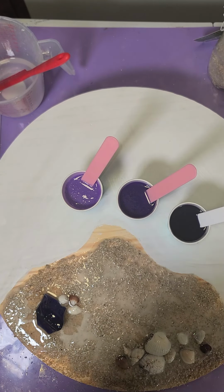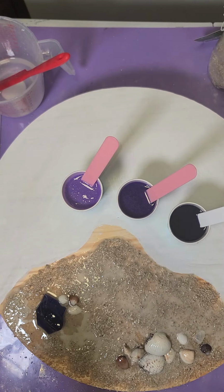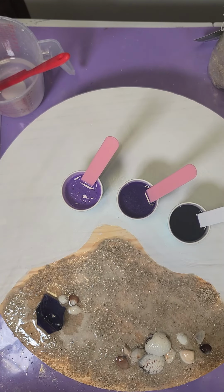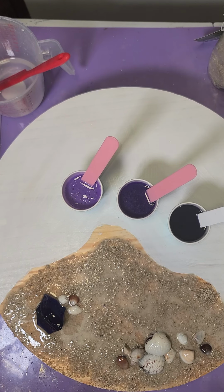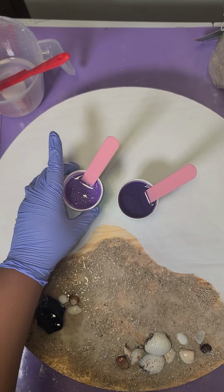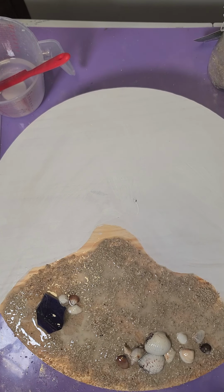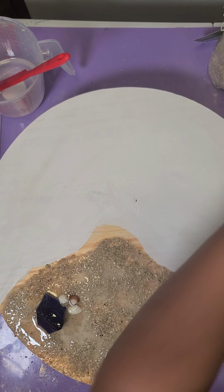My hands were sticky, so I was trying to spray them with alcohol. I sprayed my piece with alcohol because there were bubbles with the sand mixture. So we're going to remove our cups and get ready to pour. And we are